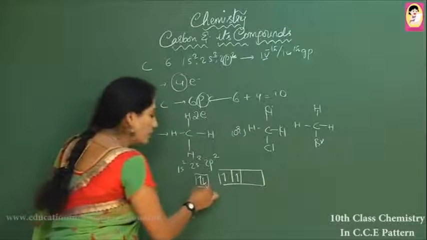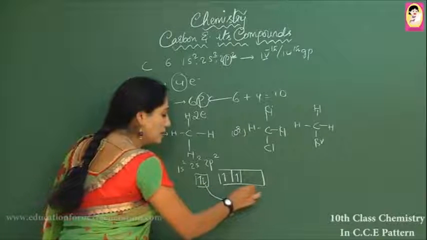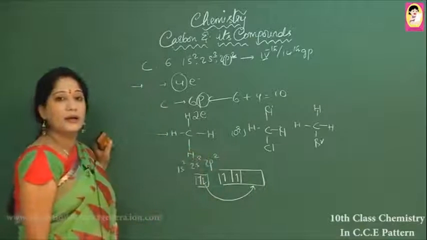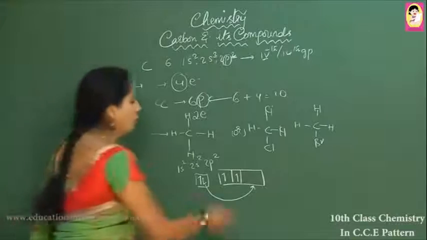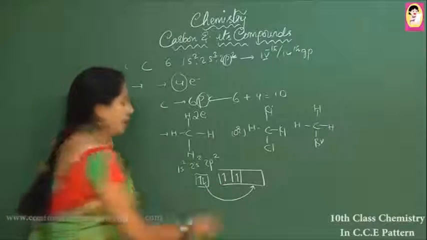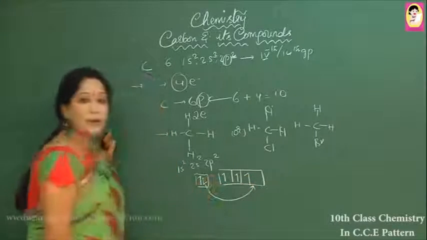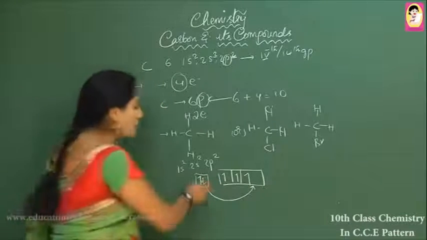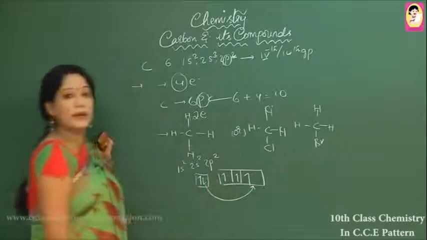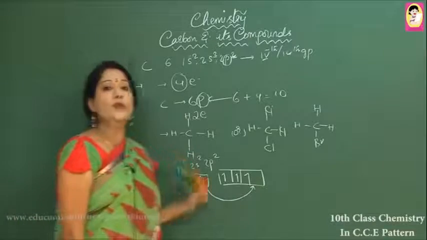Now, 1 electron, when supplied with some amount of energy, gets raised to the next energy level, the p orbital. It is forming 4 unpaired electrons. Now, because of the presence of the 4 unpaired electrons, the carbon is forming a tetra